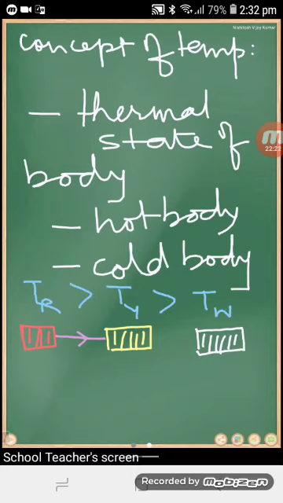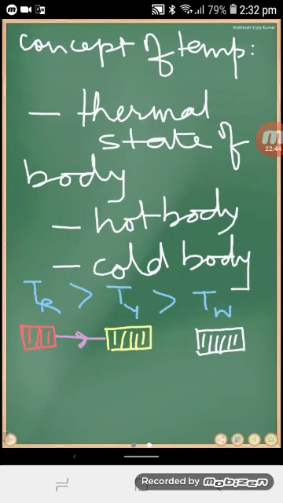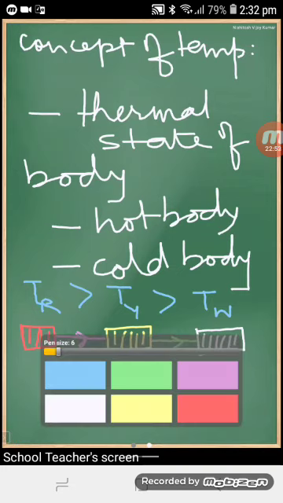Temperature of red is the maximum, temperature of white is the minimum. So now if we consider the heat flow, you'll find that if I keep the red and yellow in contact, the heat will be flowing from red to yellow. If I keep yellow and white in contact, the heat will be flowing from yellow to white. So in this case, if you observe,